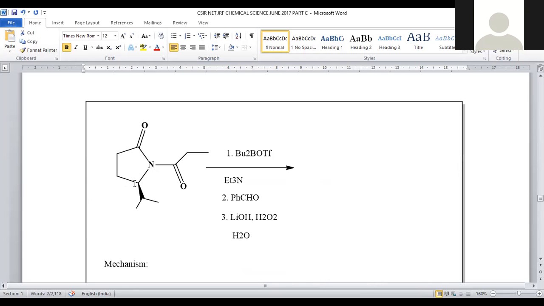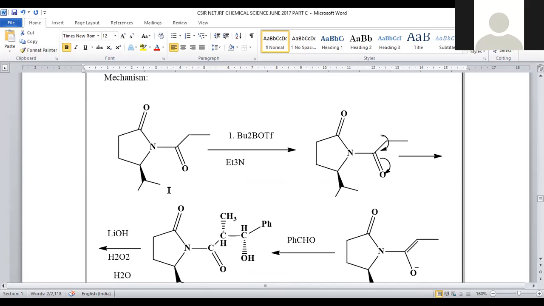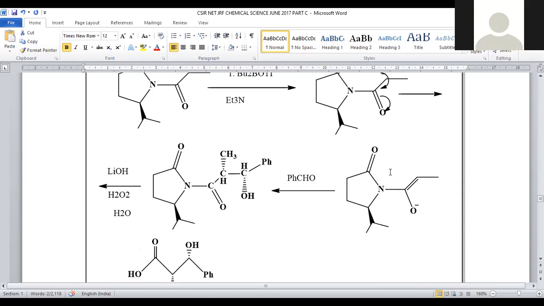In this reaction, we are taking a 5-member ring system, which is called pyrrolidine, right? This pyrrolidine system was given to us, and it will be treated with this reagent, which is an enolating agent. Upon treating with enolating agent, you can regard this carbon as an active methylene center because it is directly linked with the carbonyl carbon. Here hydrogens will be easily discarded so that a carbanion will be generated. The generated carbanion has provision to participate in tautomerism, which is called keto-enol tautomerism. Upon keto-enol tautomerism, there is an enolate formation.